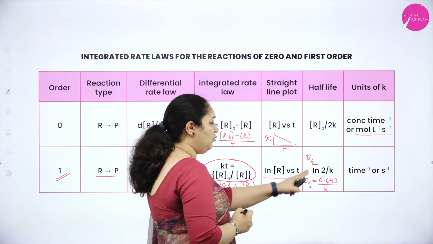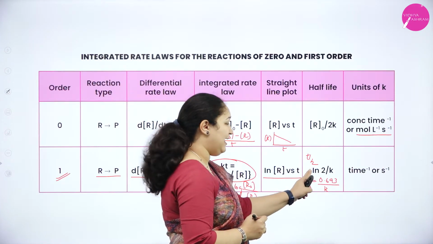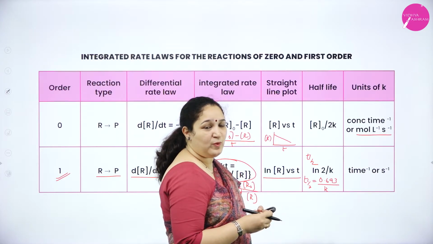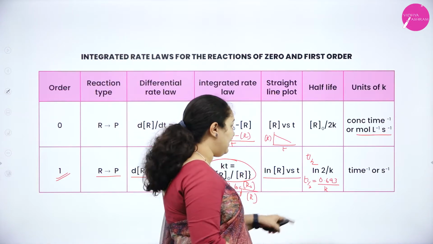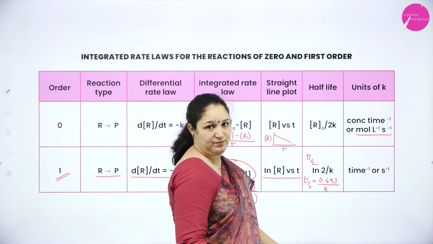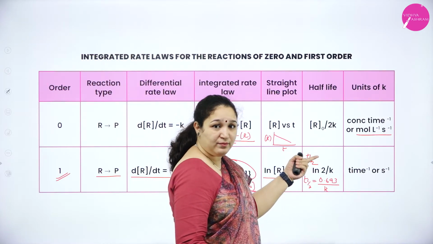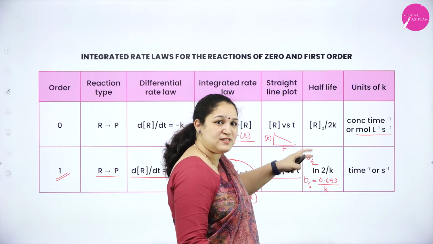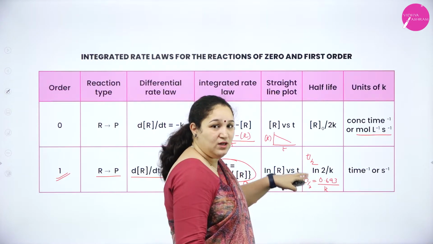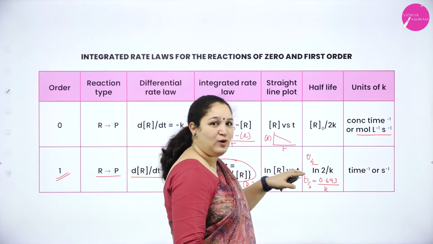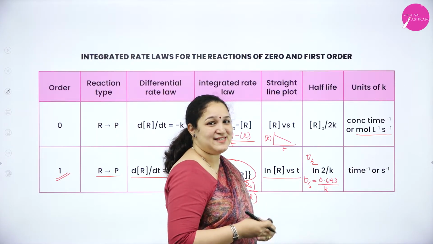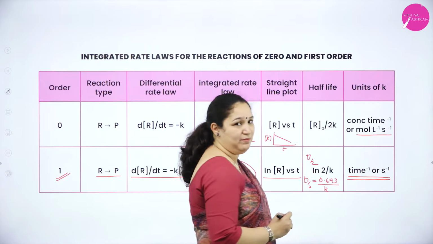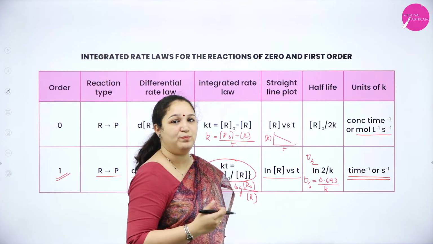Okay. Now why is this ln 2 by k? See, natural logarithm to convert to log base 10 you will take 2.303. Log 2 is 0.3010. So you will have to multiply, then only you will get it as 0.693. So it is the other way of writing. Okay, it is very important for your competitives to know different forms of the same expression. Is it clear? So it is very important for you all to understand all these techniques and tricks. Next, unit of rate constant is per time, or per second, per minute or per hour.